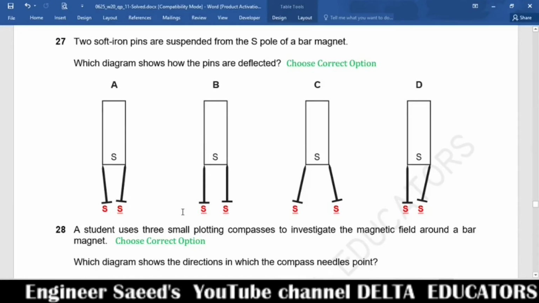We have studied that opposite poles attract each other and like poles repel each other. Since here in all the cases we have like poles, south poles, they will repel each other. When they are repelled, the correct position will be as shown in option C. When repelled, they will move away from each other. Here we are looking, it is coming closer to each other. If one is south and other is north, then they will come close to each other. If they are the same, then they will not come close to each other, they will be repelled.